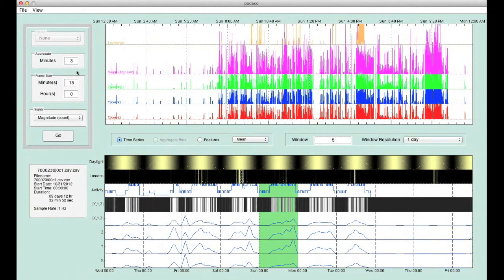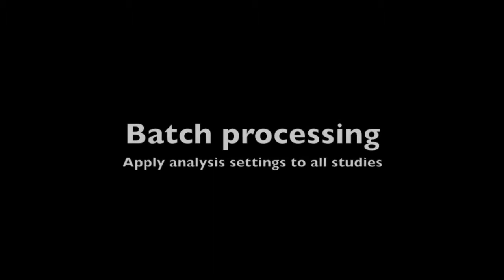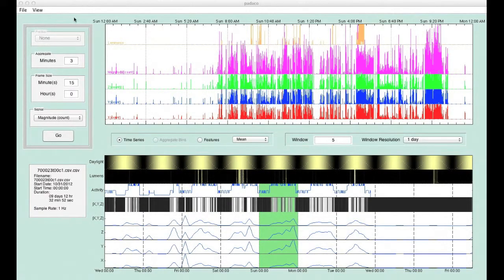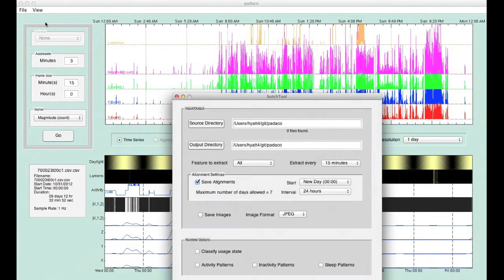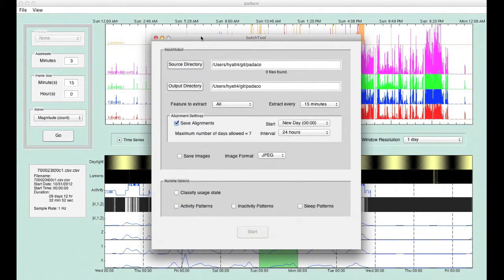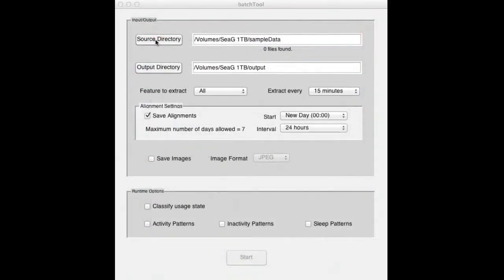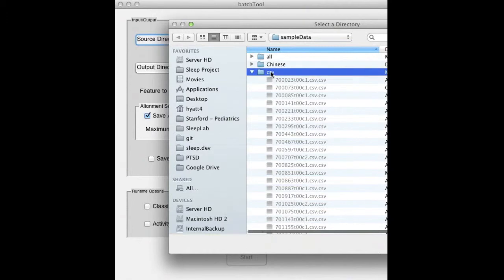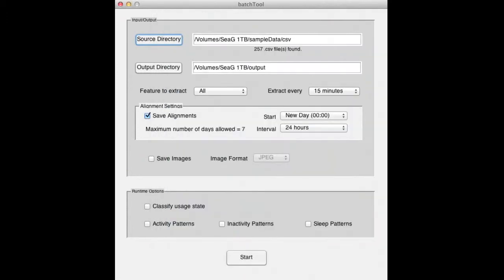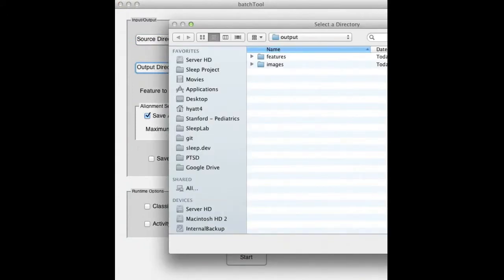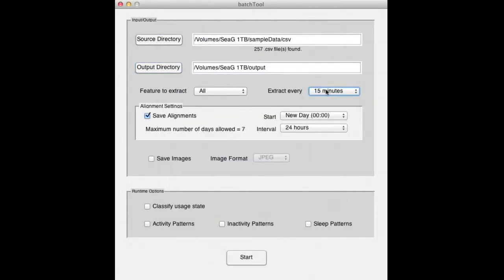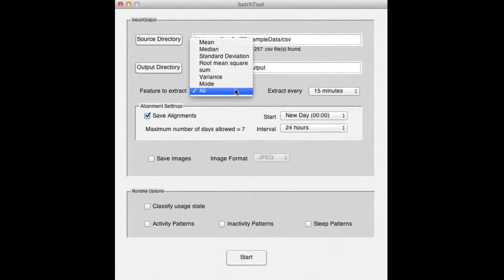So this will be just one study at a time. We can load up another study. But to save time, once the user has gone through each of the different studies and figured out what kind of configuration they would like to examine, there's a batch processing tool available where you can select the directory that has all the files that have been obtained through this study. It'll load those up. You select the output directory where you want to go to, and then configure the feature